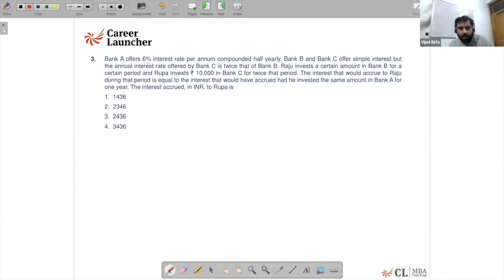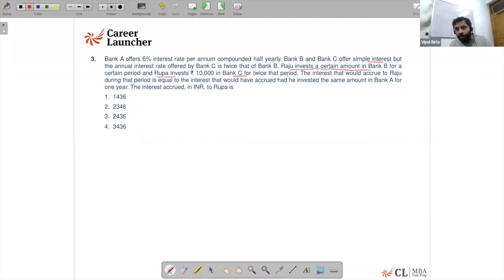Bank A offers 6% interest rate per annum compounded half yearly. Bank B and C offer simple interest, but the annual rate offered by Bank C is twice that of Bank B. Okay, so A offers 6% and B and C are simple interest, and for C it is twice that of B. Okay, Raju invests a certain amount in Bank B for a certain period, and Rupa invests 10,000 rupees in Bank C